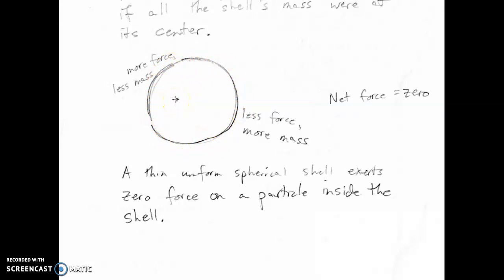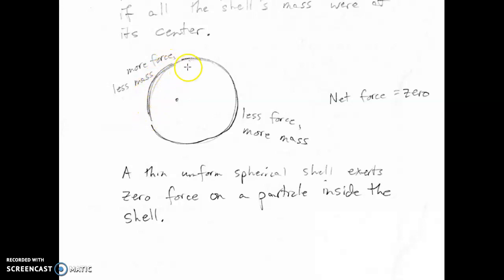We'll first look at the case where the point particle is in the middle, and you'll see that all the mass exerts equal force in all the directions, and so all those forces cancel out, and there's zero force acting on it. And it turns out no matter where you put the point particle within this sphere, the total force will be zero. For example, if you put it closer to this side, you have more force, but less mass